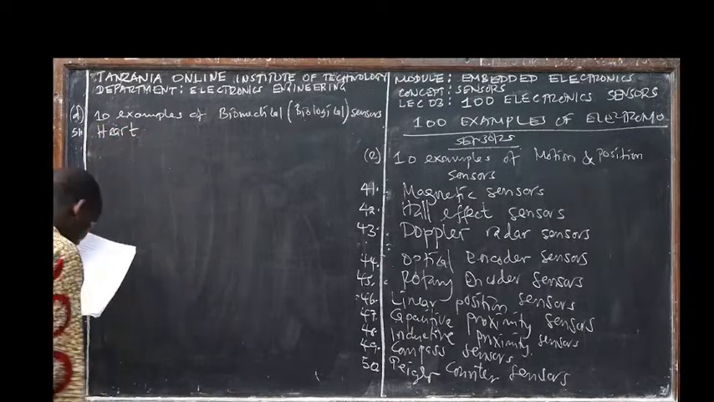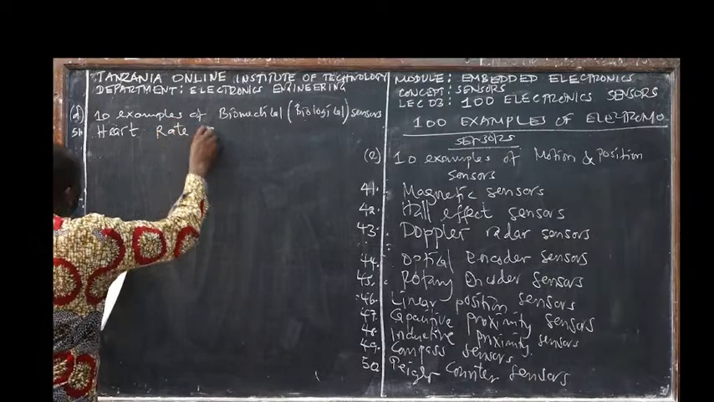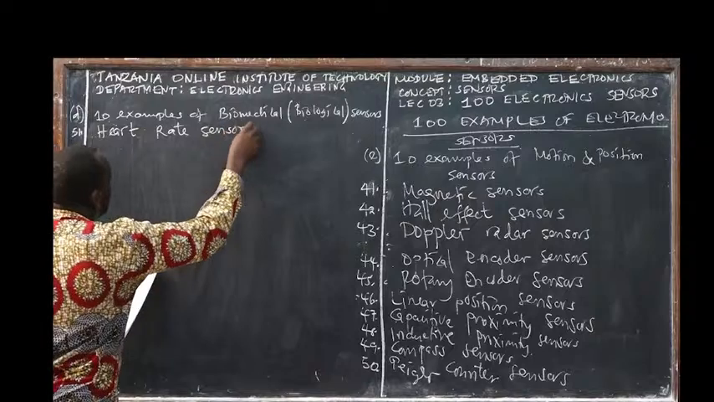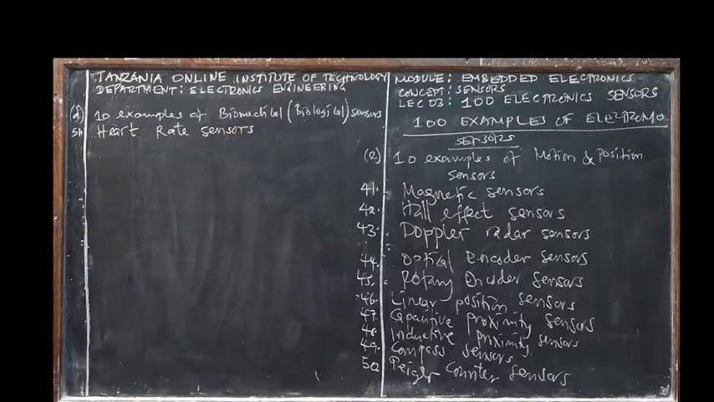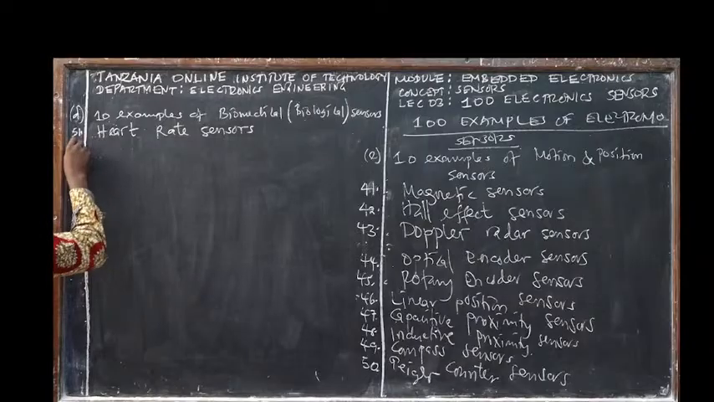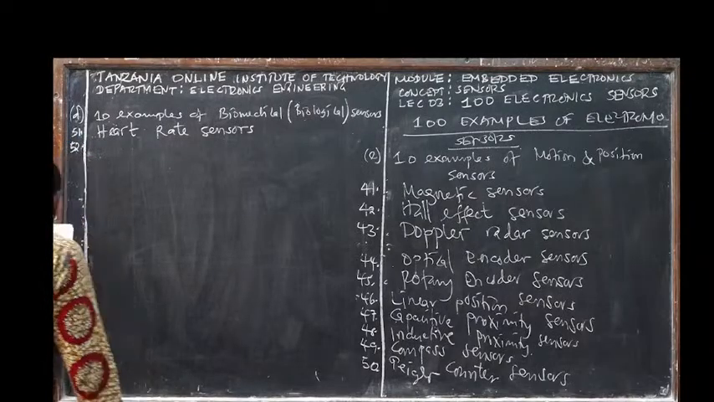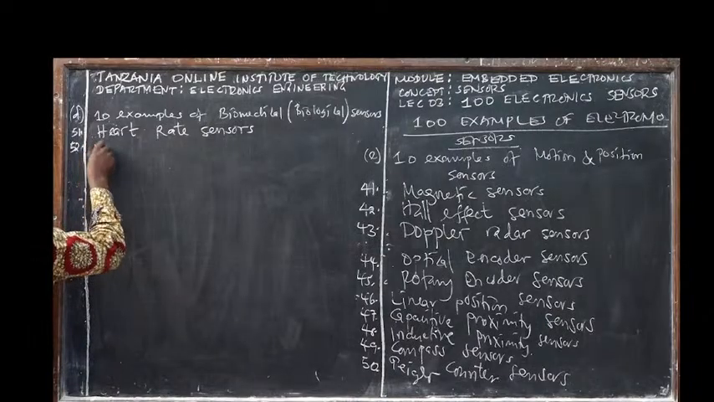In biological sensors, we have a sensor that's called the heart rate sensor. Say heart rate sensors. So actually, to measure what? The beats. Right? Then number 52 is called the